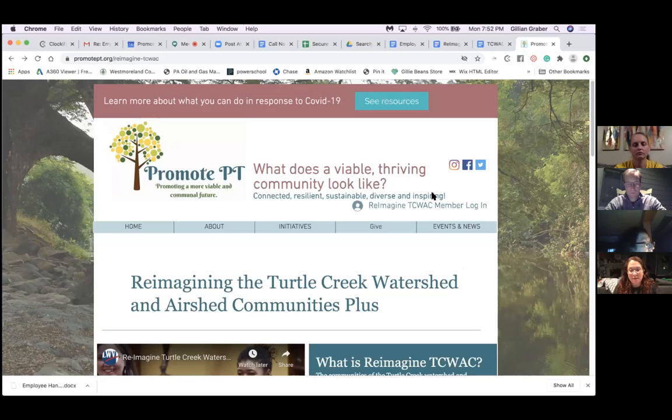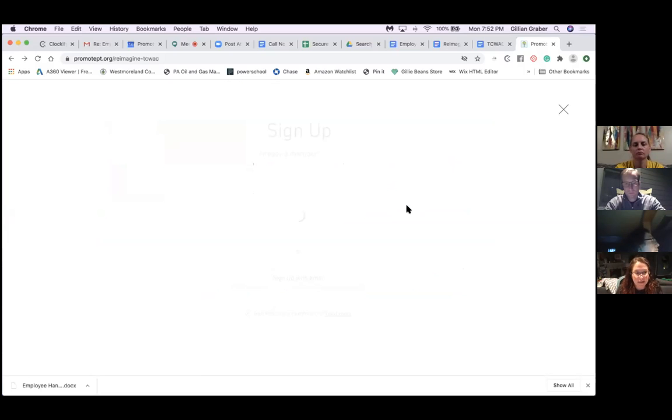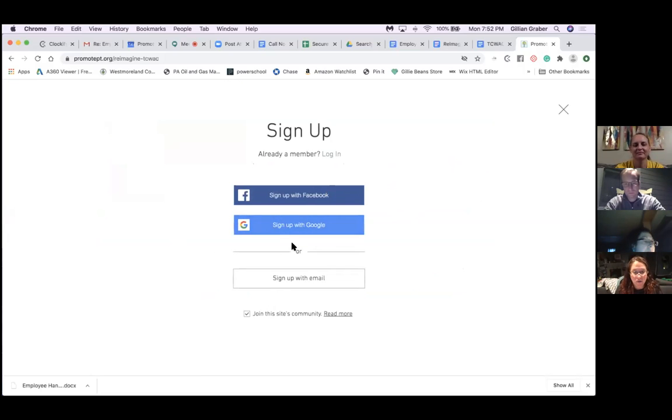And so within this function of our website, we're able to have those discussion boards, and people could post, oh, here's a letter I wrote. And then someone else could be like, oh my gosh, I can use that letter. And so what you do is you go onto your Reimagine TikWalk member login. My dog's having a cow. And you sign up.